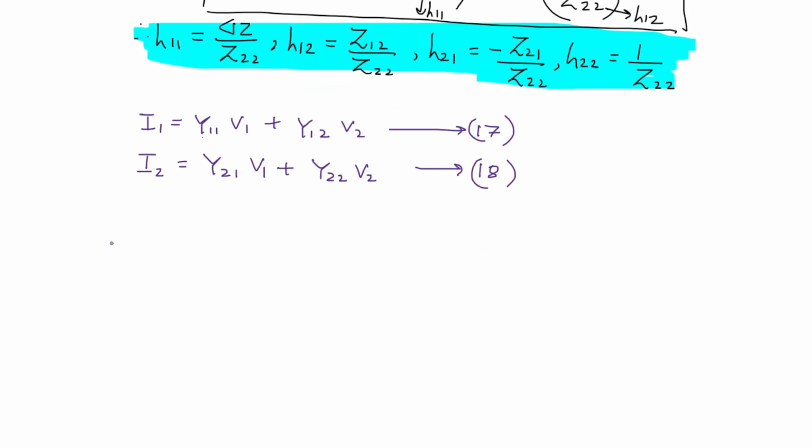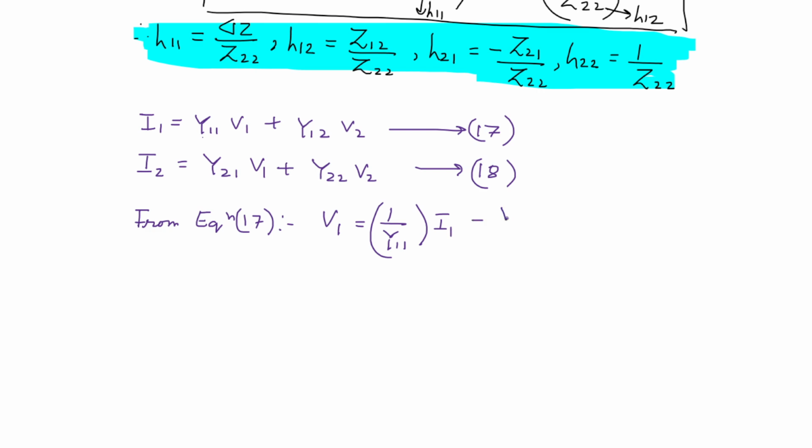So let me consider equation 17 first. From equation 17 we can write V1 is equal to 1 by Y11 into I1